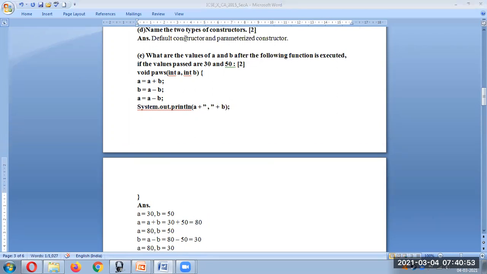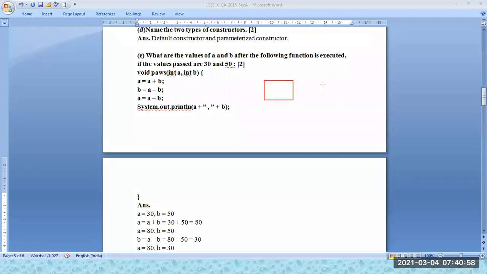We'll take annotation, it will be much better. Here the value of A is 30 and B is 50. A is equal to A plus B, so this will become 80.